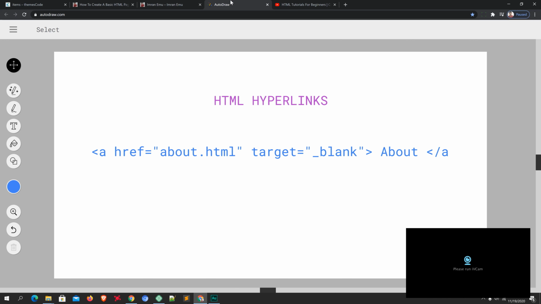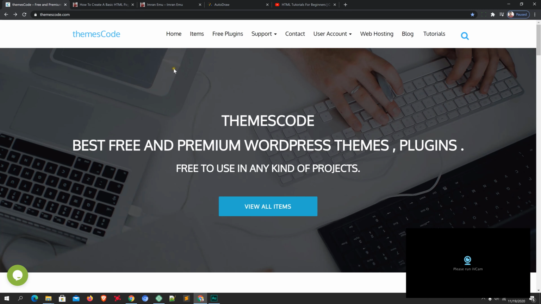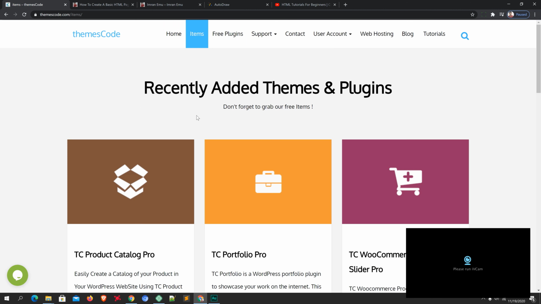Let's see a real life website. It's a live website, and here go the links of each page. If I click any of the links, it will jump to that page. Here you can see the home page. If I click on items, it redirects me to the items page or product page.